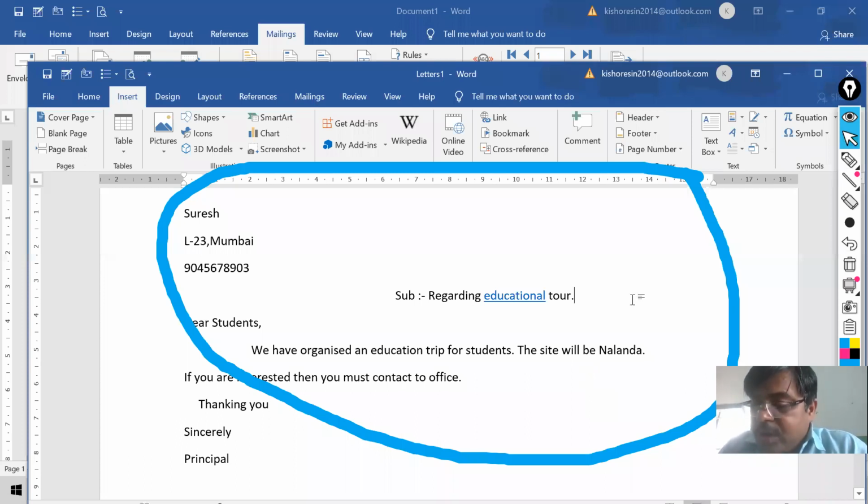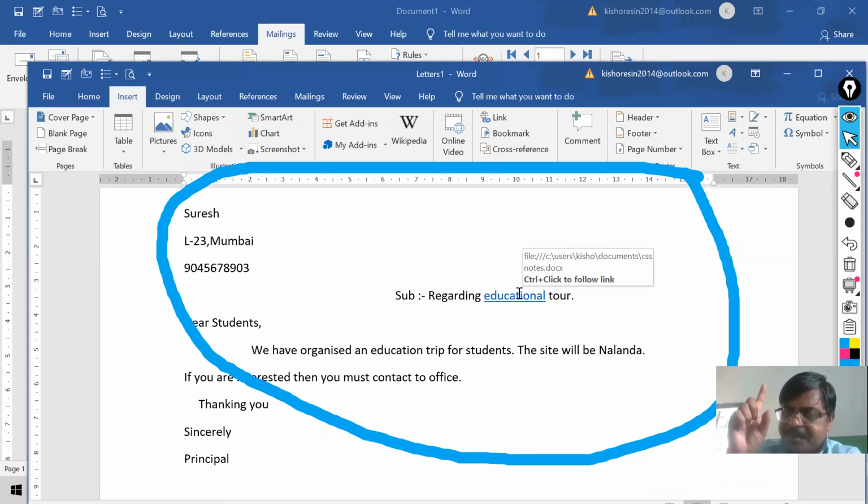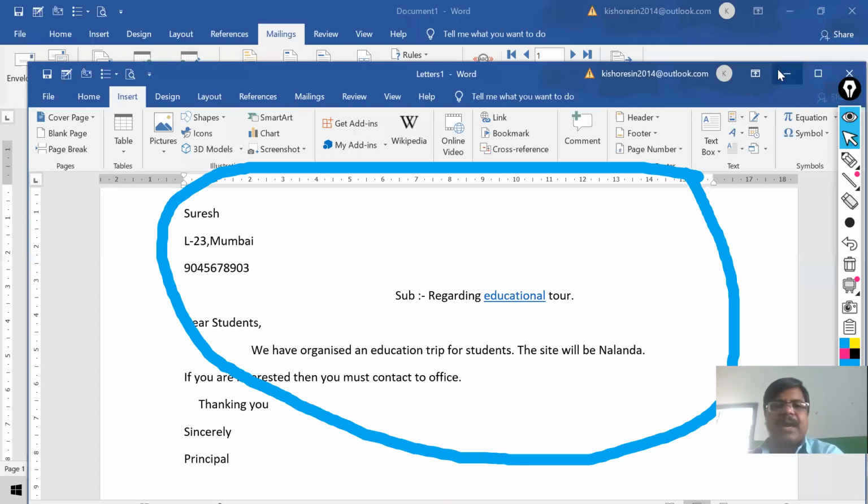Now student, how will you do it? Once I go there, you will get a caption. It is showing the location of the file that is connected with this. But if you have to explore it, like on your website, what do you do? You just move your mouse pointer and you get your hand shape. You get your hand shape or not? Like I'm showing you, my dear.